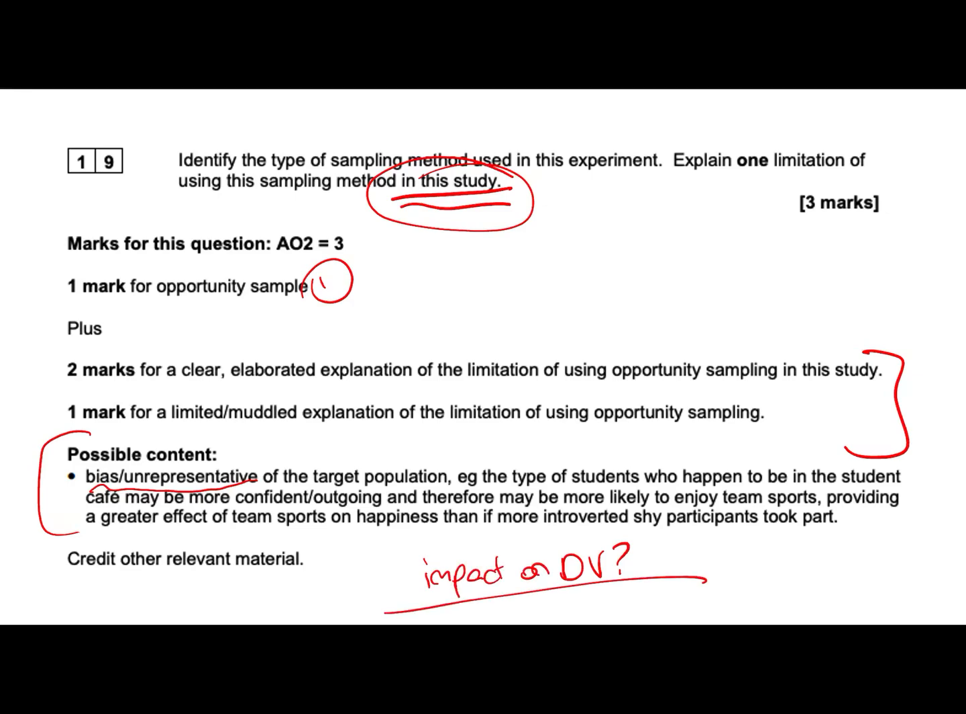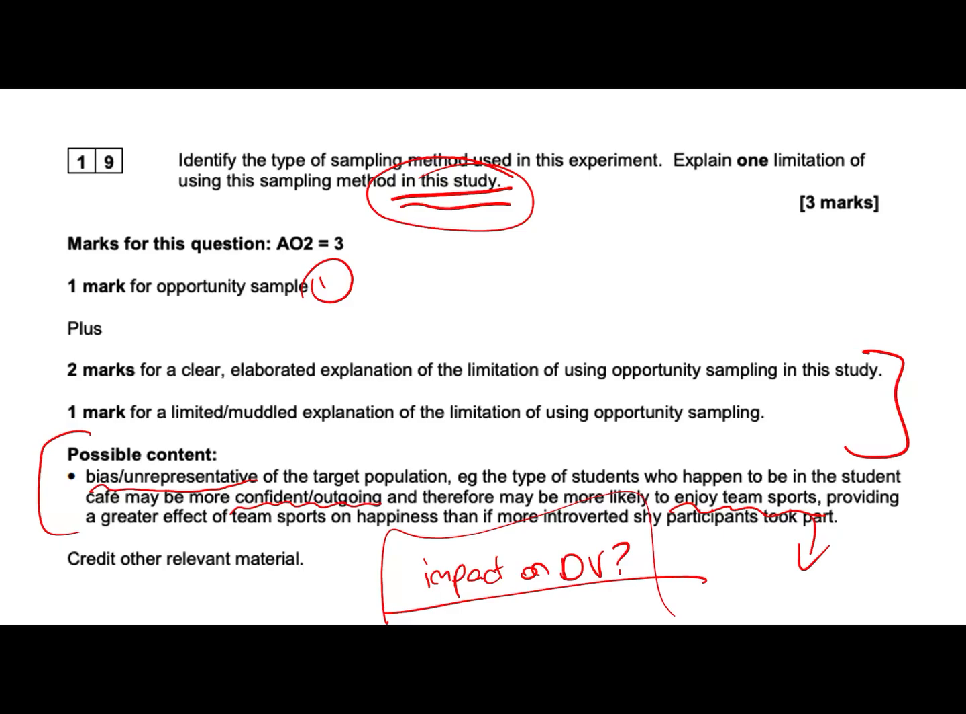Why is this a problem for this study? For example, the researcher selected students who were at the cafe. They might have been more social, more outgoing, more confident, and therefore might enjoy team sports. That means that those participants, if they were taking part in team sports, are going to report higher levels of happiness than other people who weren't at that cafe at that time because they were introverts. And so that is saying directly how opportunity sampling in this study is going to have a direct impact on